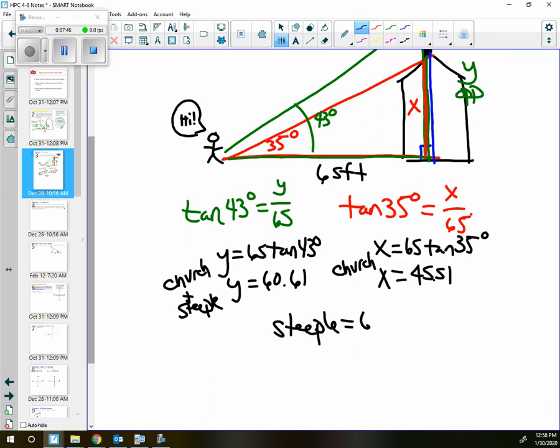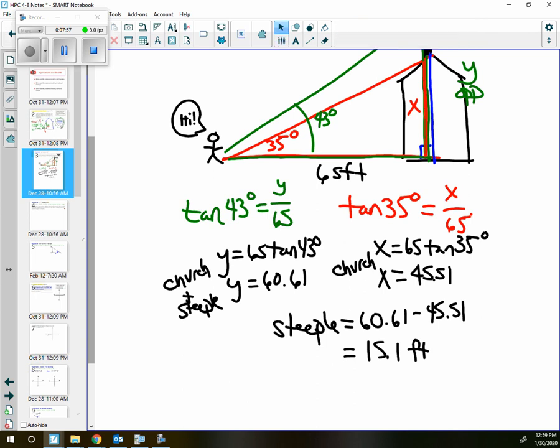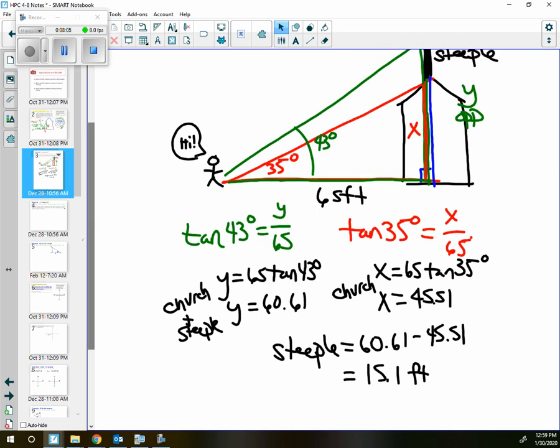So the height of the steeple would be about, looks like, 15.1 feet. So when we think about using SOHCAHTOA triangles, again, we're just always looking for how can we make a right triangle to help us solve this situation? Is there a way that we can use what we have and what we want to find with a right